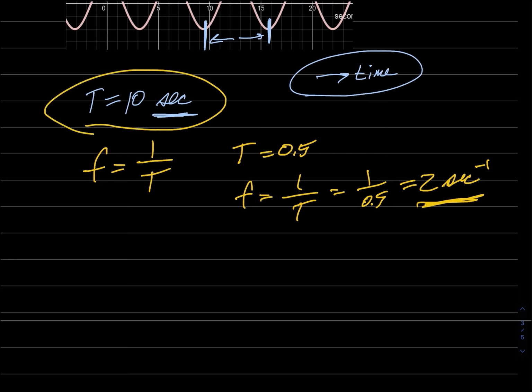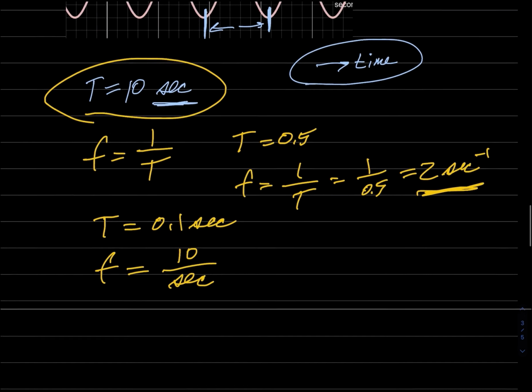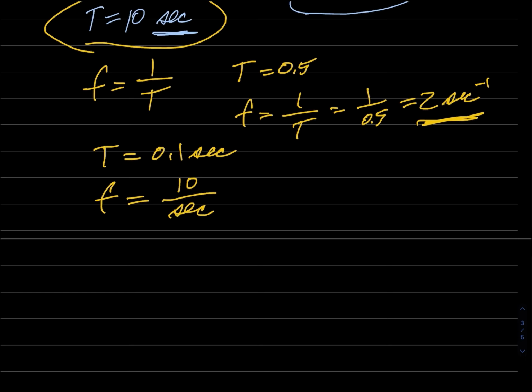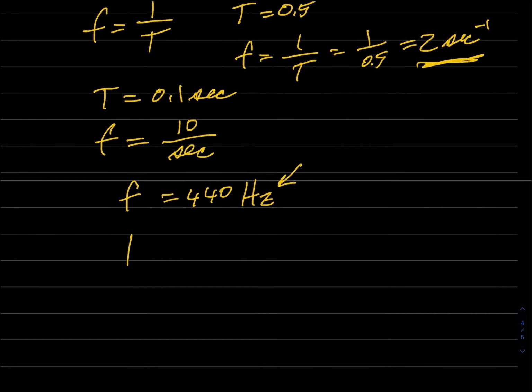The period tells you how long it takes for a vibration to happen. So if the period is 0.1 seconds, the frequency equals 10 per second. On a piano, the A key that is above middle C vibrates at a frequency of 440 hertz. 440 full cycles per second. So the period of the vibration is 1 over the frequency, which is 1/440th